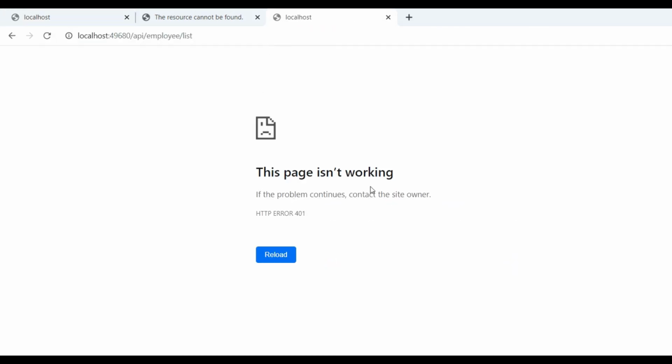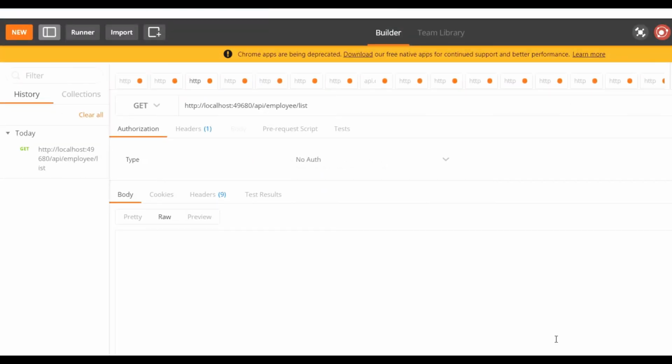You can check this page is not working. The problem continues. Contact this site on HTTP 401. Means when we check, this is 401 unauthorized users. So I've already implemented it, so need to add